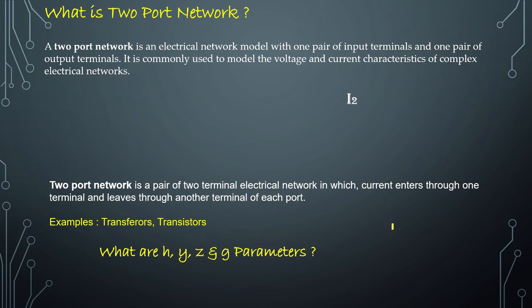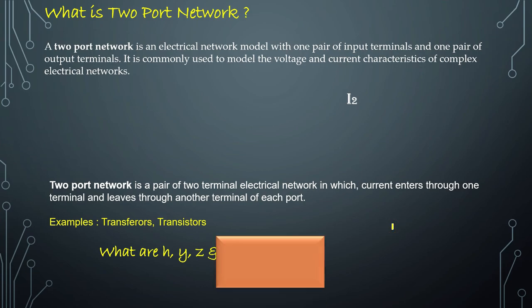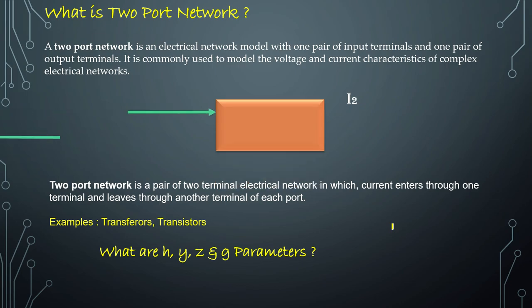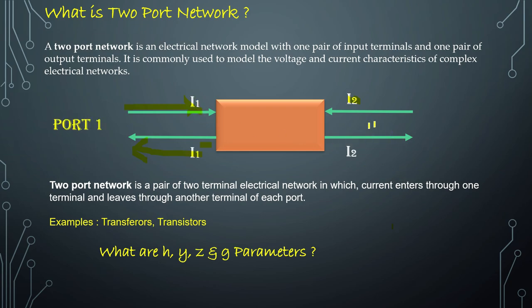So what is a two-port network? We will have two ports, of course, as the name suggests. We have a block of our system. Suppose there is input I1. I1 will enter from one port and exit from the other end on one side. So this particular left side we will call port 1. Similarly, at the output side we have, say, I2. There will be entry from one end and exit from another end. Input side we have I1, output side we have I2. This is port 1 and this is port 2. Two-port networks are mainly used in transformers and transistors to explain them.